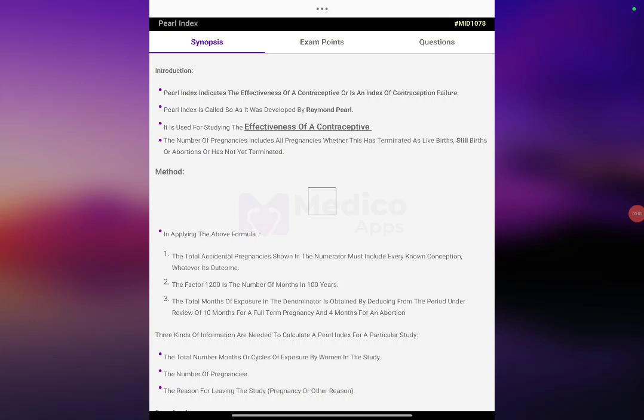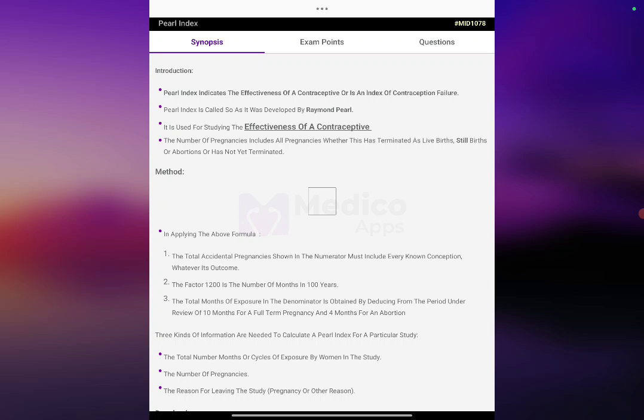Pearl Index. The Pearl Index indicates the effectiveness of a contraceptive, or is an index of contraceptive failure. It is called so because it was developed by Raymond Pearl. It is used for studying the effectiveness of a contraceptive. The number of pregnancies includes all pregnancies, whether terminated as a live birth, stillbirth, or abortion, or